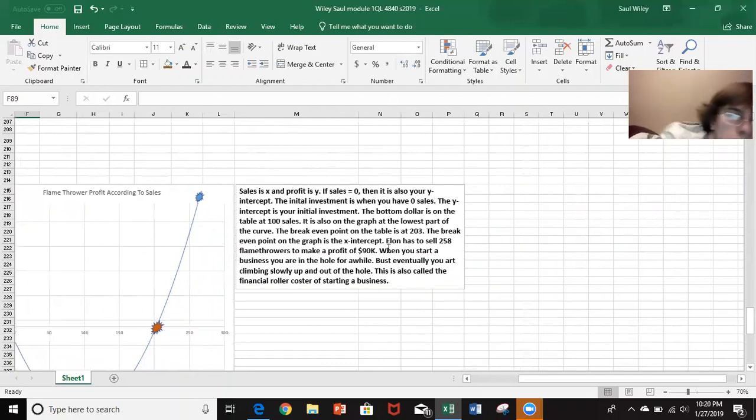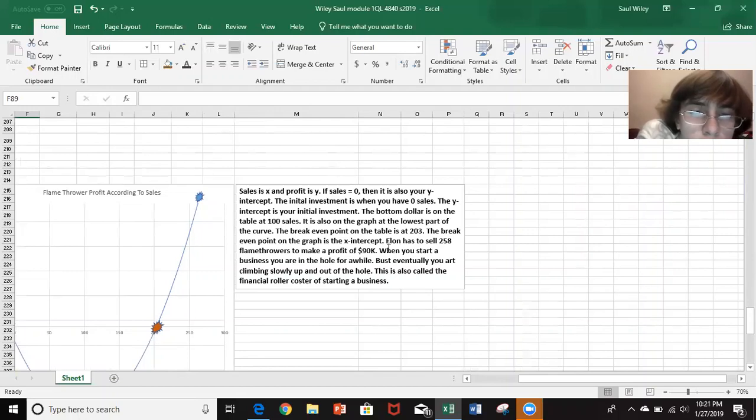Sales is X and profit is Y. If sales equals 0, then that is also your y-intercept. The initial investment is when you have 0 sales. The y-intercept is your initial investment. The bottom dollar is on the table